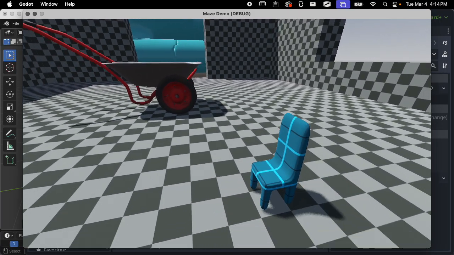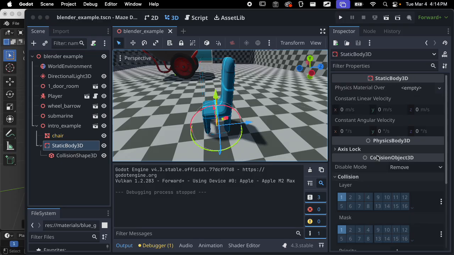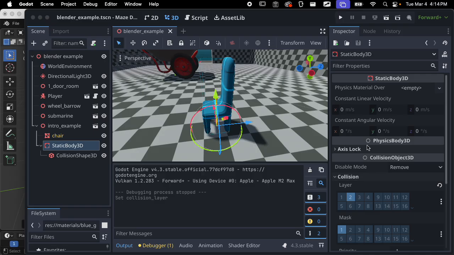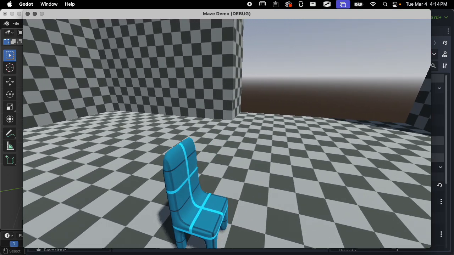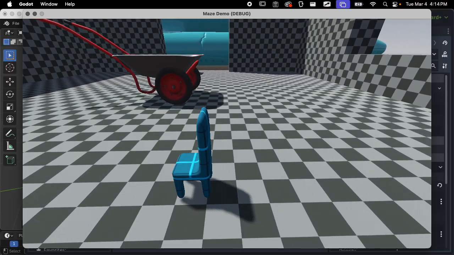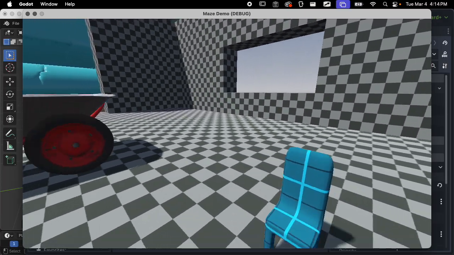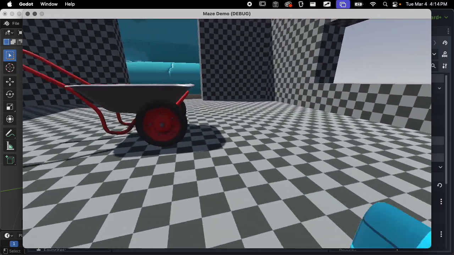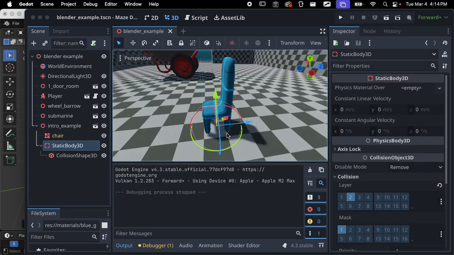Or maybe I won't. Maybe I need to set the collision. Yes, I need to set the collision layers. So I need to set this to platforms. Okay, now you can see I bump into the chair. And this chair is too small to sit in anyway, but if I wanted the collision of the object to be a little bit more similar to the actual mesh, another thing that I could do